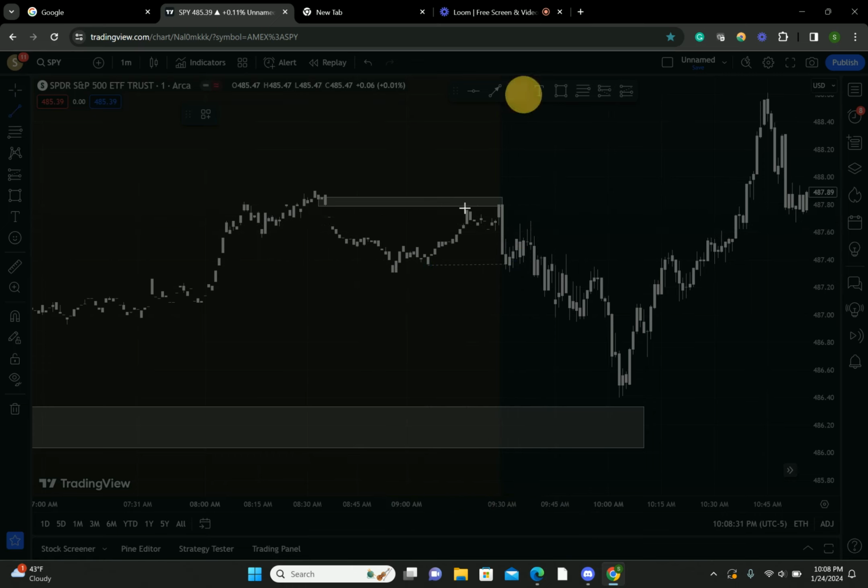Or if you wanted to be super, super safe, I would have waited until it broke below here, then entered somewhere over here. That's if you want to be super, super technical. And that still would have been $1.40, which is enough money. Perfect. So that's your first trade of the day. This little move over here.